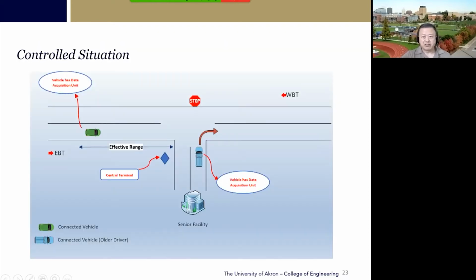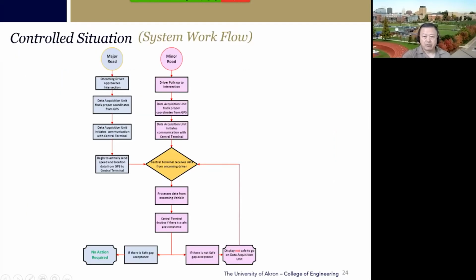And here is a simple sketch to show when the auto driver vehicle pulls up to the stop line here, and this is the central terminal, closely located at the intersection. It communicates with the auto driver vehicles to share information about the oncoming, approaching vehicles. Especially, if it's unsafe, they will ask the display inside the auto driver's vehicle to show a warning. It's a simple concept. I don't think we have time to go through this, but this is the simple system workflow.